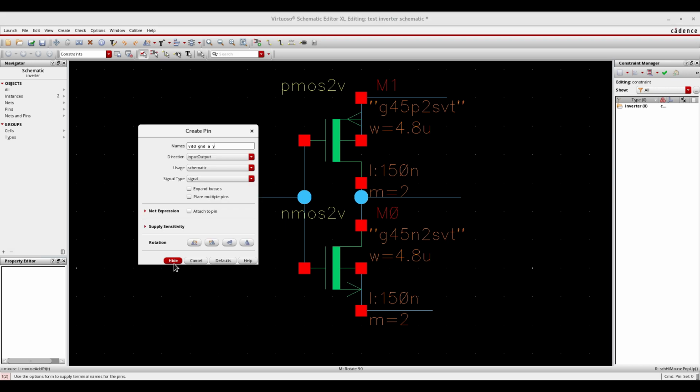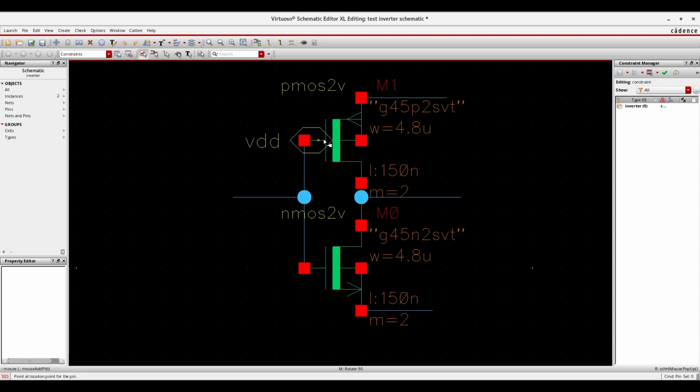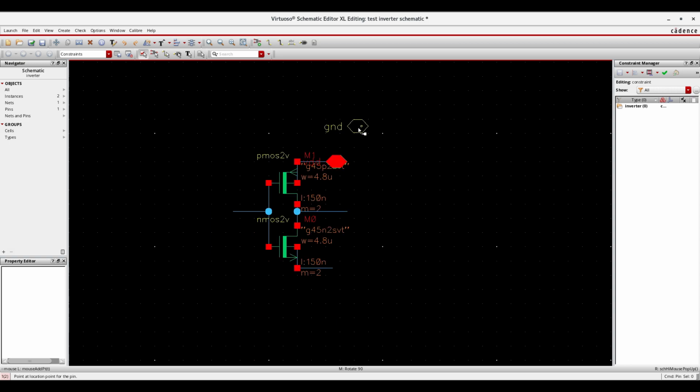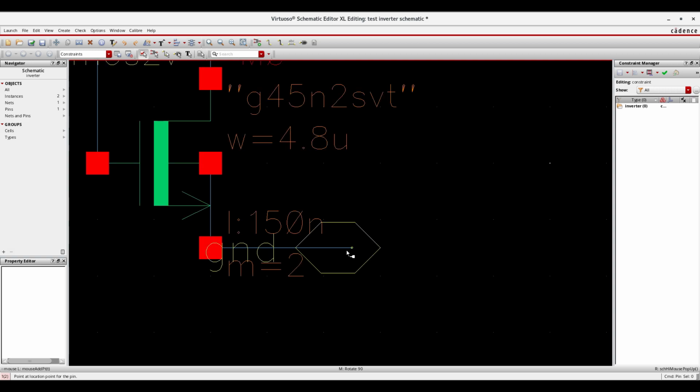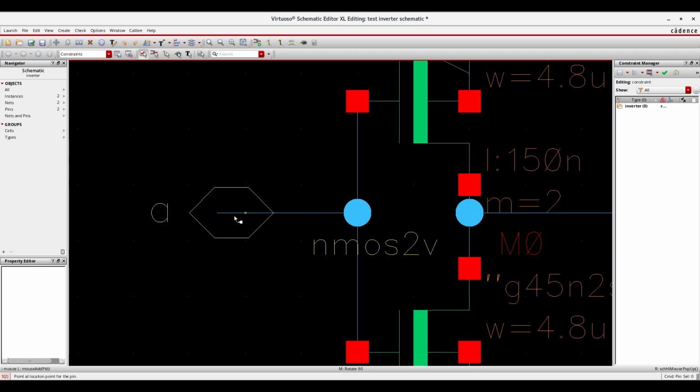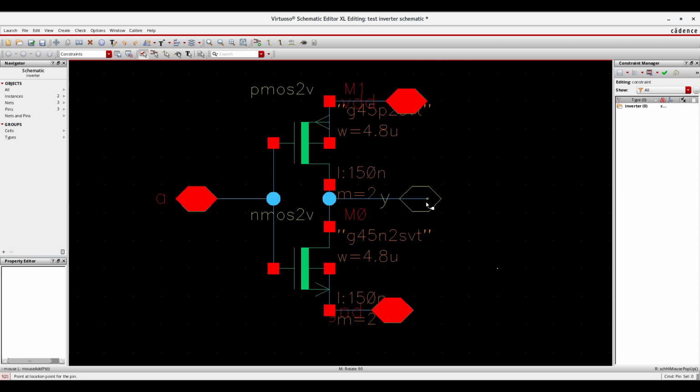So now we need to place our device, just click hide. Where we need to place our VDD should be kept on the source terminal of your PMOS. Okay, I have selected here. Then where I need to place my ground, I need to place my ground here, the source terminal of our NMOSFET. So I just kept it. So where is my input? My input is here, where the two gates are connecting here. That is where my input is going to connect. So here I assign my input. My output terminal is here.